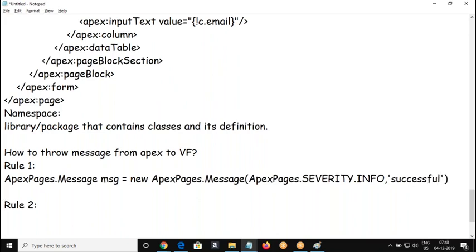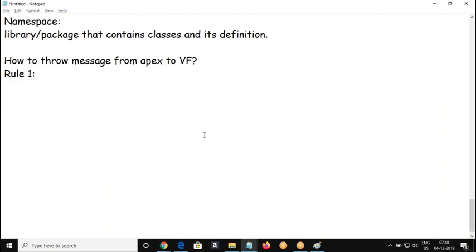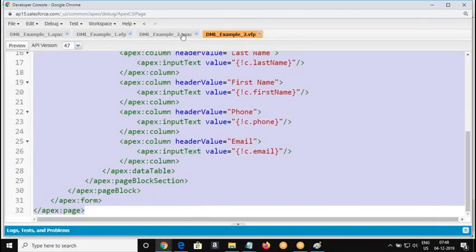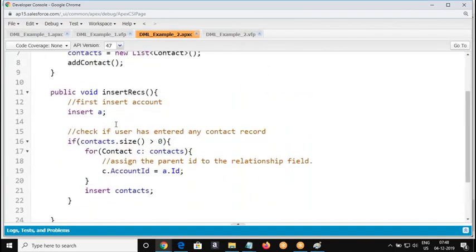So the next rule is the same rule. We are going to use addMessage, and we're going to pass this. That's it. We're going to do two things here. In my Visualforce page side, I'm going to have a pageMessages component. We're going to include this. That's it, and I can throw an error message. I can throw any message from my Apex side. So, on successful insertion of account and contact,